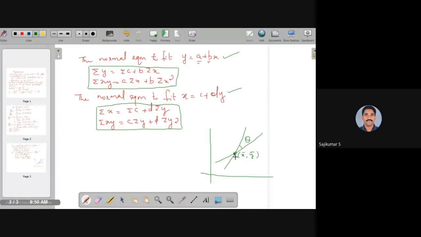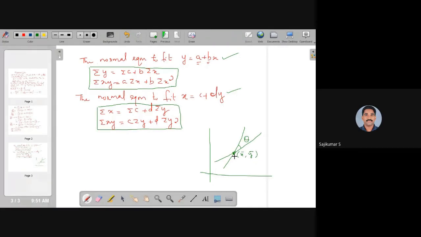If we know the slope of these regression lines and we know the passing through point, both the lines are passing through the single point x bar and y bar. So we can apply the one point form. What is the one point form of a straight line? If we know the passing through point, say x1, y1, and the slope of the straight line is say m, then what is the one point form of the straight line? Y minus y1 equal to m into x minus x1. So this equation is y minus y1 is equal to m into x minus x1.